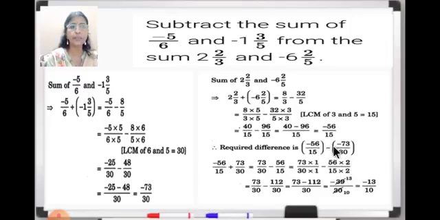Now here you can see minus minus, it will become plus. Minus into minus is plus. So next step you see, children, minus 56 upon 15 plus 73 upon 30. So now here you can rearrange this or you can do directly also. Here it is rearranged. So here 73 upon 30, first we can write this and then we can write this, minus 56 upon 15, or you can do directly also like this.